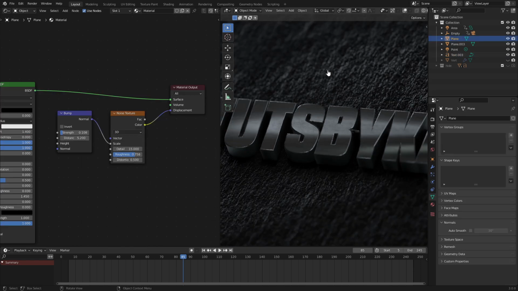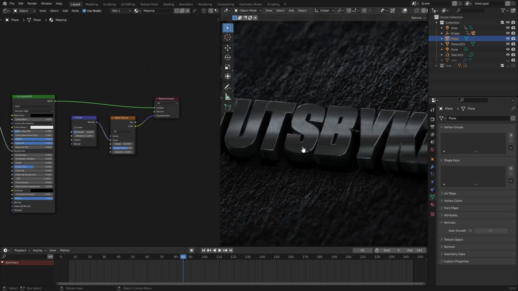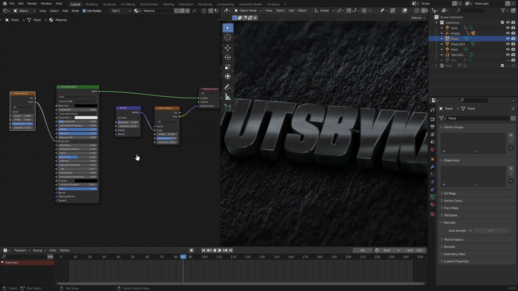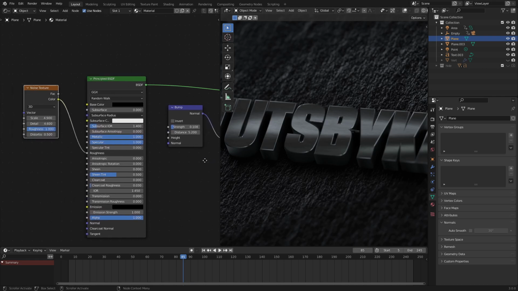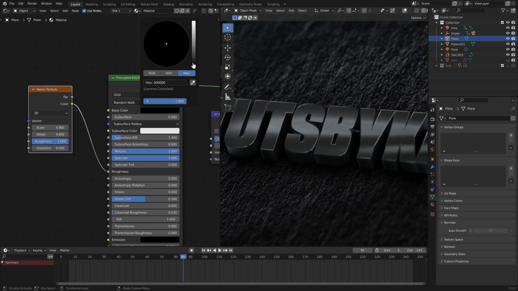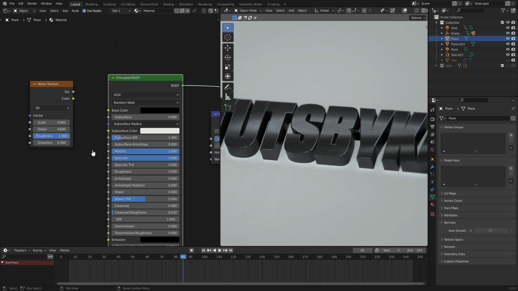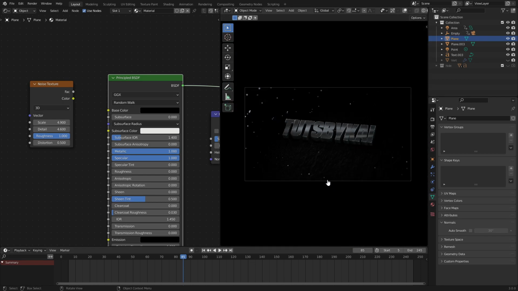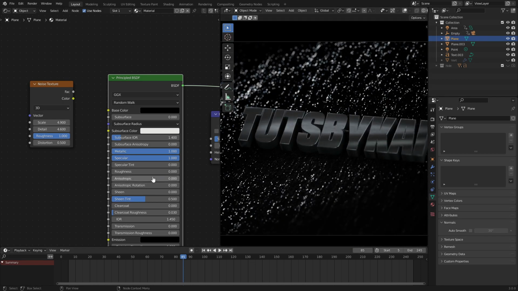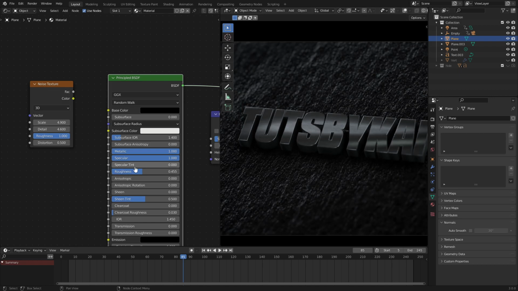So that's cool. With the background here, what we've done is we've taken a color which is basically black, and then I've put the noise texture into the roughness, just for a little bit of shine you see on the bumps. Let me unhook that real quick. There, it's still compiling. There we go. So if I unplug that, you can see it looks kind of weird. We can turn the roughness up, but it doesn't really